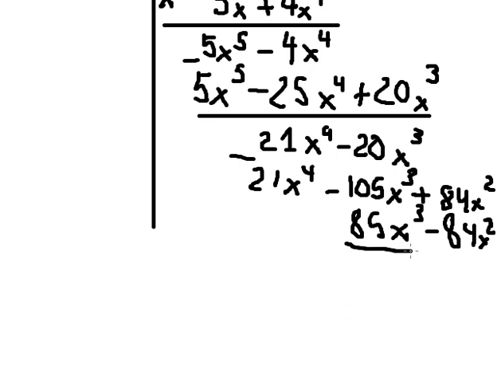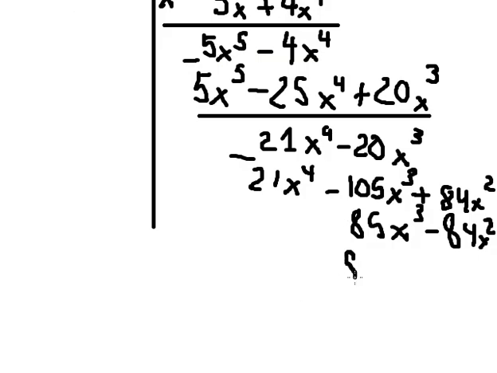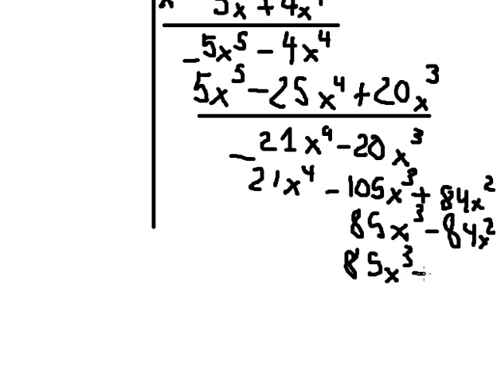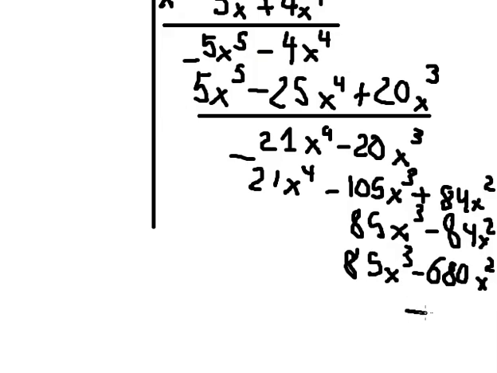And now the next one, that is about 85. So we put 85 gone here. So we have 85s to the power of 3. This one go to negative number 5, that is about 680s squared. And the next one 85 with number 4, that is about 340s. Now